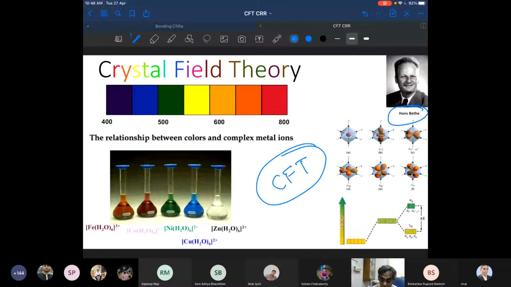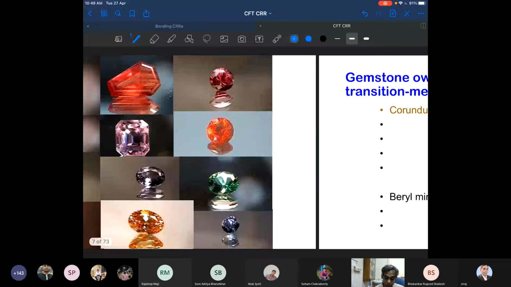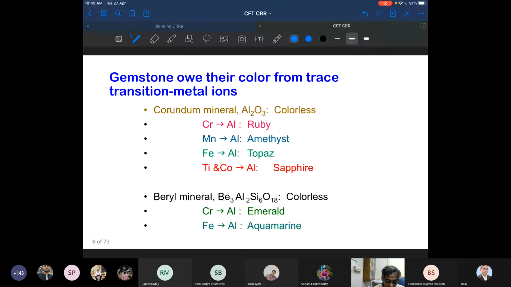I have shown here, right? Yeah, there is a delay. The d orbitals are there, right? It talks only about the d orbitals, not the other orbitals, and their splitting. As I mentioned, the crystal field theory is actually meant for explaining crystals, basically developed by a physicist, whom I showed in the previous slide, right? To explain the colors of crystals or gemstones and so on, right? These are some examples, right?